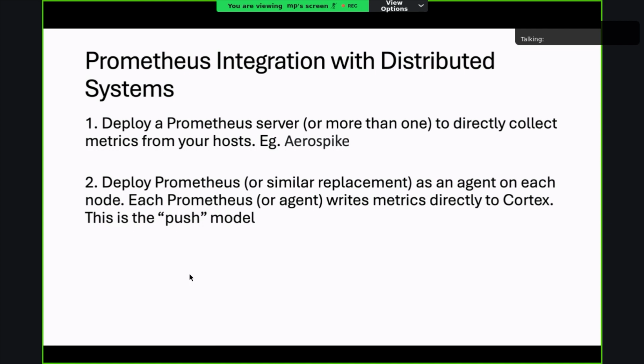For the first process, of course, we need the network connectivity between the host and the service. And the second method is to deploy Prometheus as an agent on each node. There are different nodes at which a service runs. So each node will have one Prometheus host, and the data for the service at that particular node will be